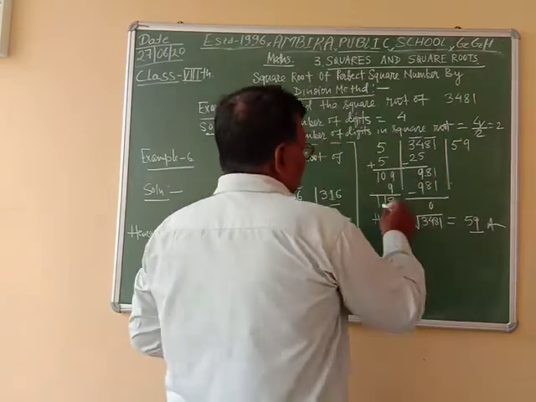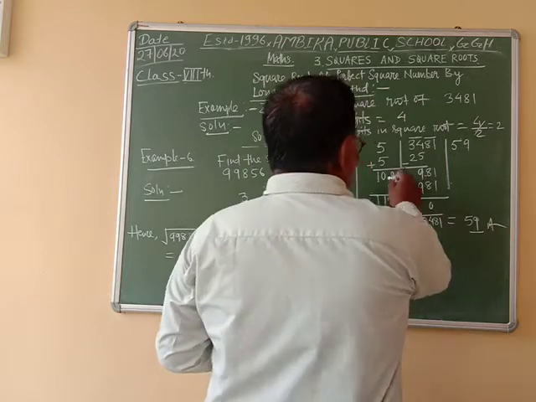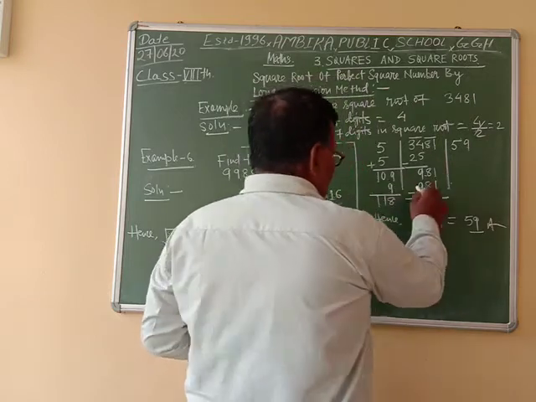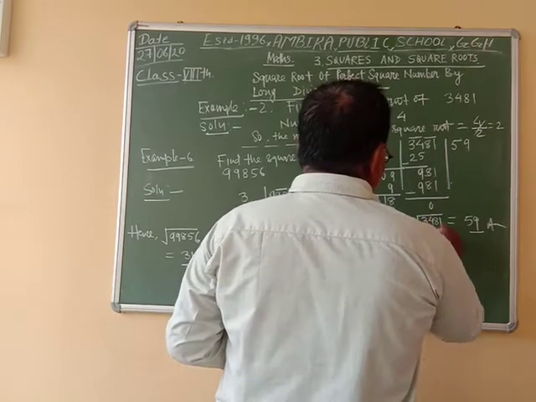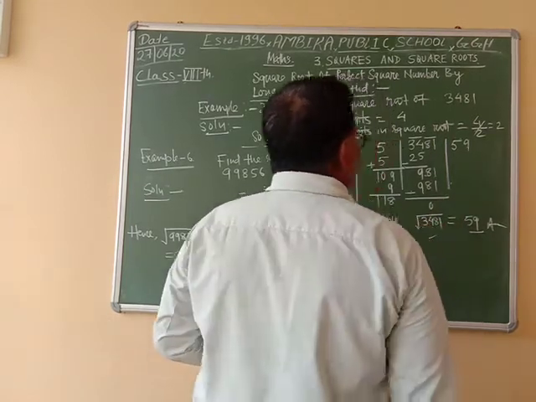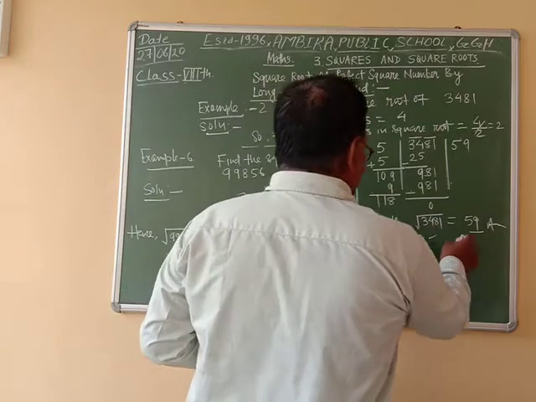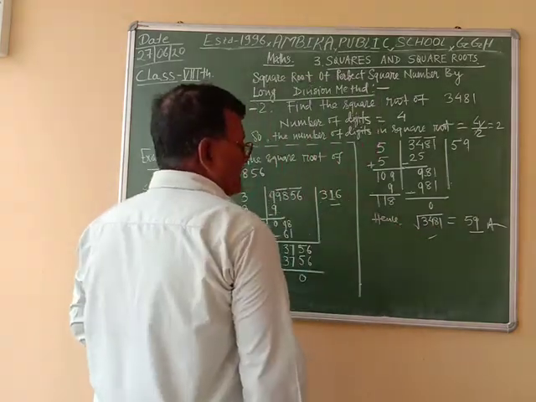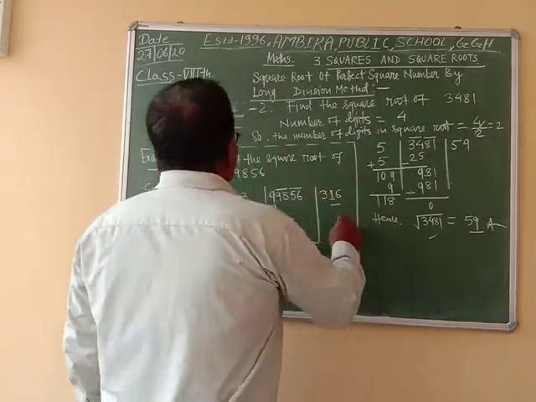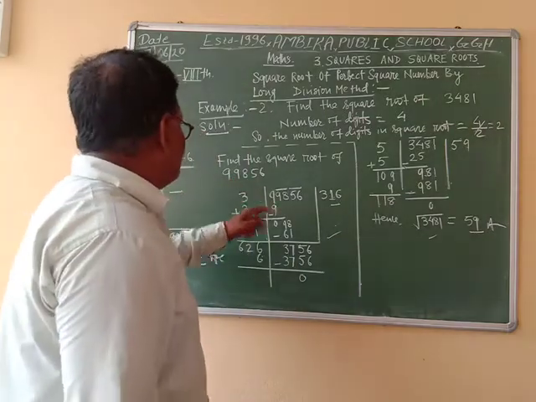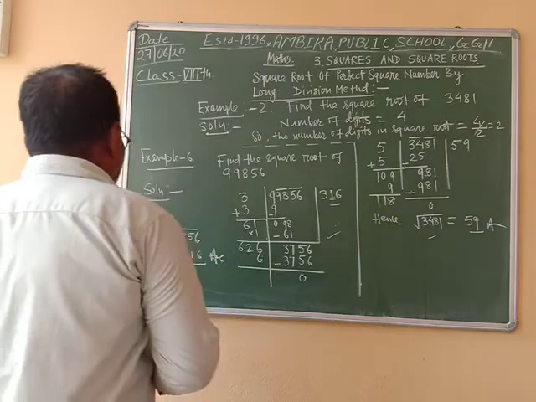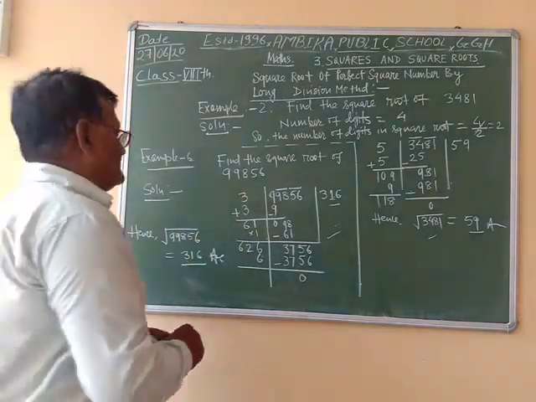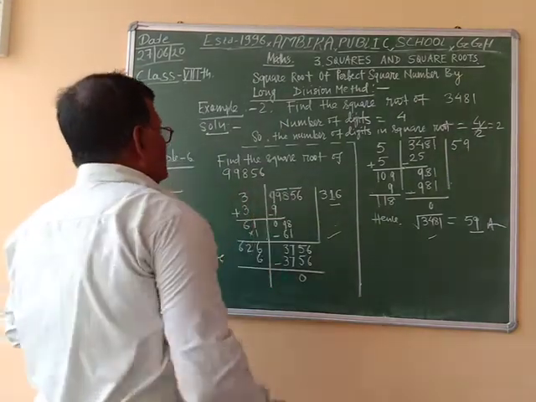Now we divide 981 by 9. The product is 981. On subtracting, we have 0 as the remainder. Hence the square root of 3481 is equal to 59, and similarly the square root of 99856 is equal to 316. So this method is very appropriate and very easy